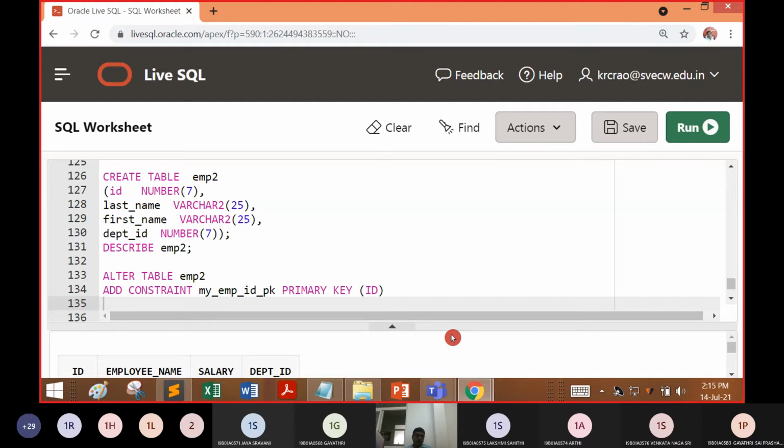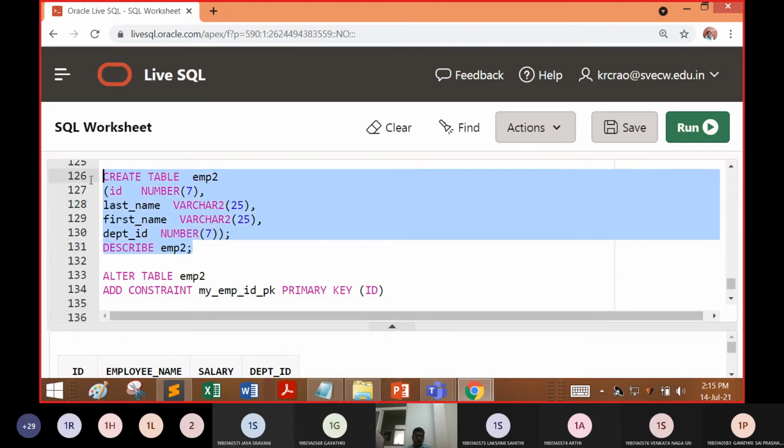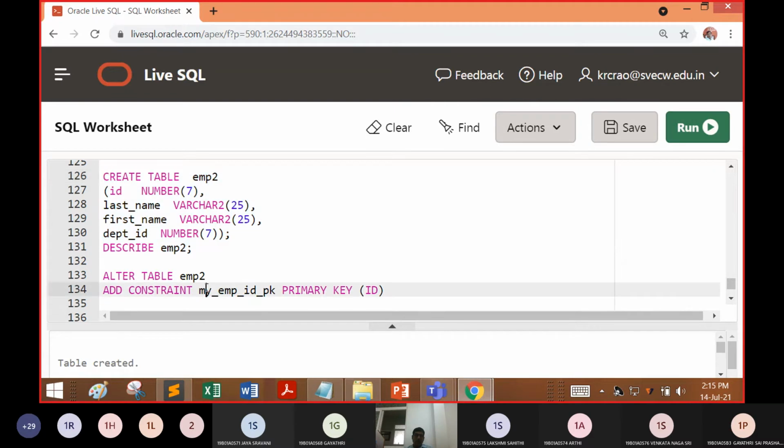No. So you mean to say that you created a table that doesn't have a primary key, but the table was created. You can see the option, table was created. Now you want to make this ID a primary key. Therefore, you need to do it externally.